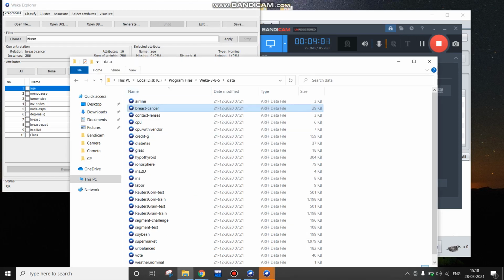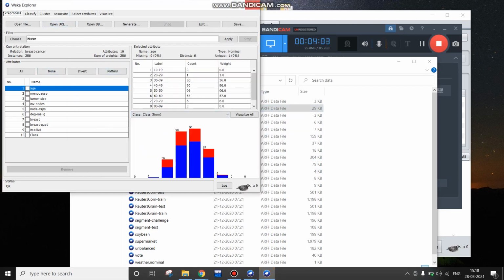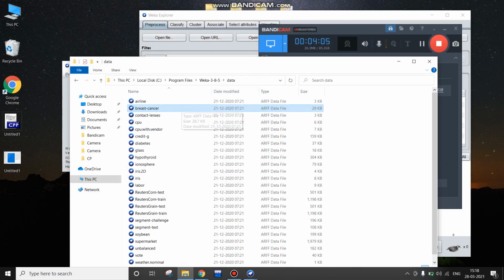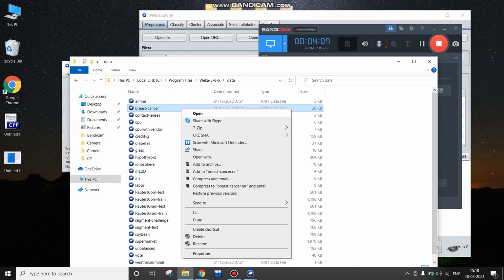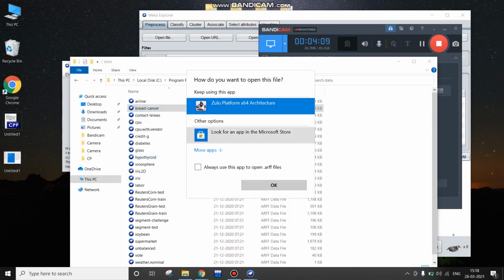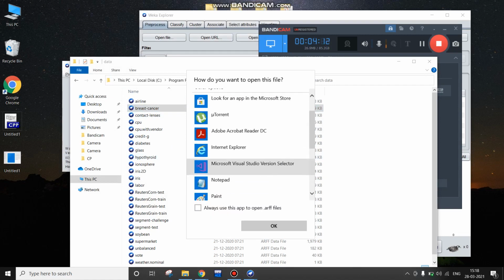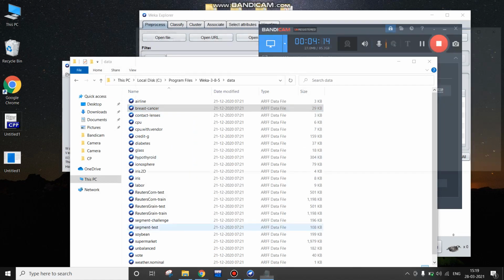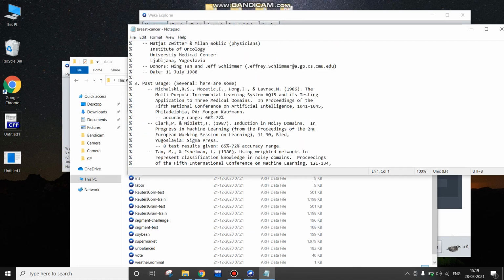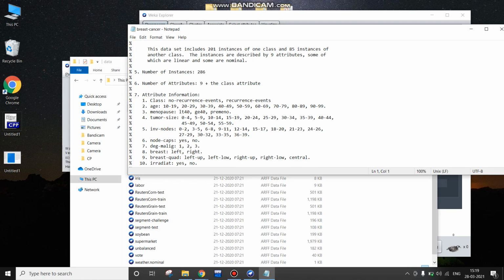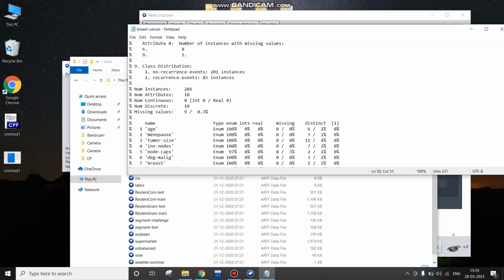In Weka Explorer it will open like this, and let me open it with Notepad or any other text editor to show you the format of this file. Initially it contains information about the number of attributes and other information.